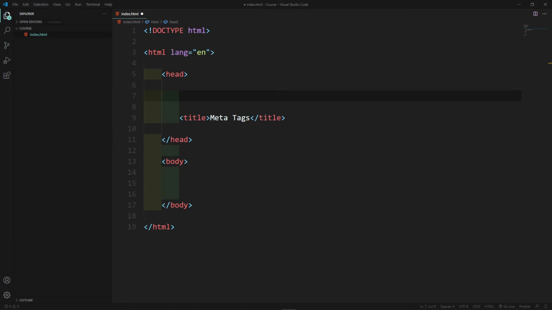In this lesson we will learn about meta tags. Now what is a meta tag? Now let me just quickly type it in here. A meta tag contains two things. It needs a name and it needs content. And a meta tag doesn't have a closing tag, like for instance, like we normally would